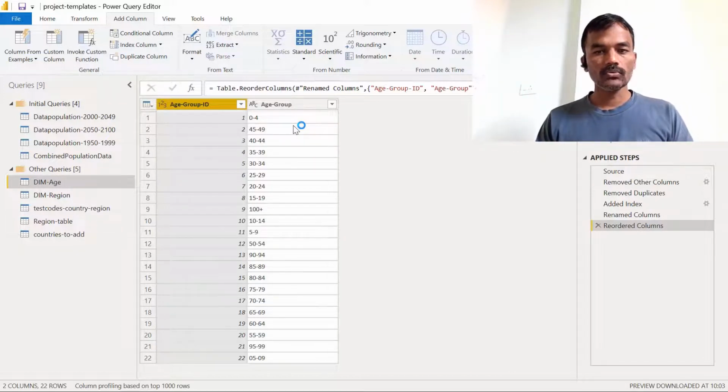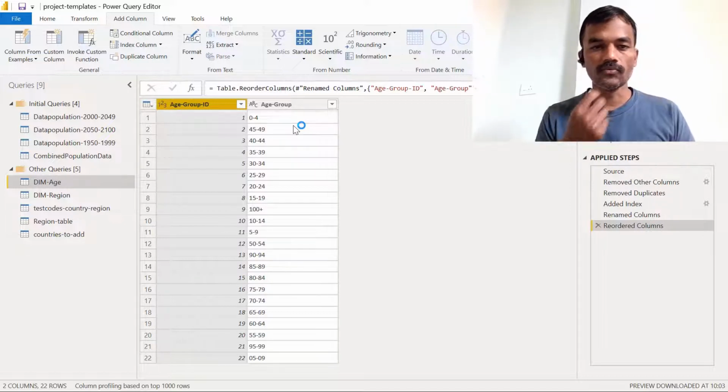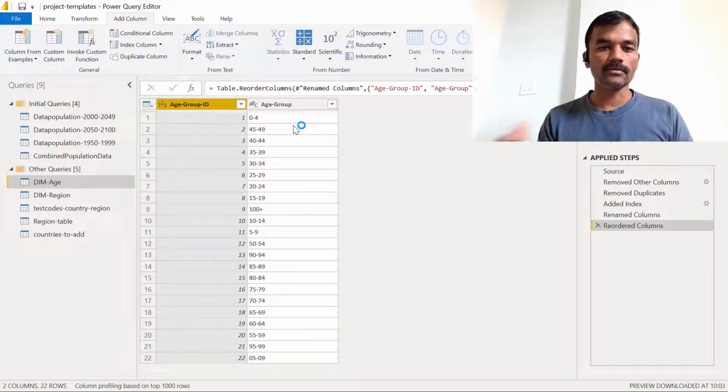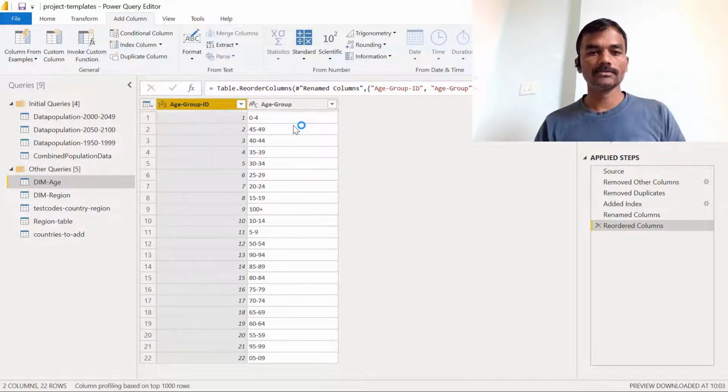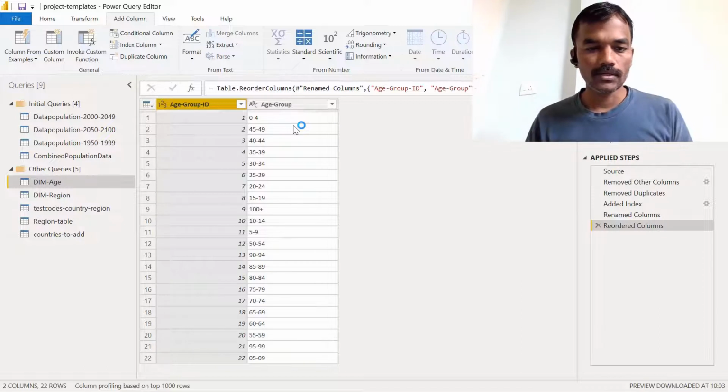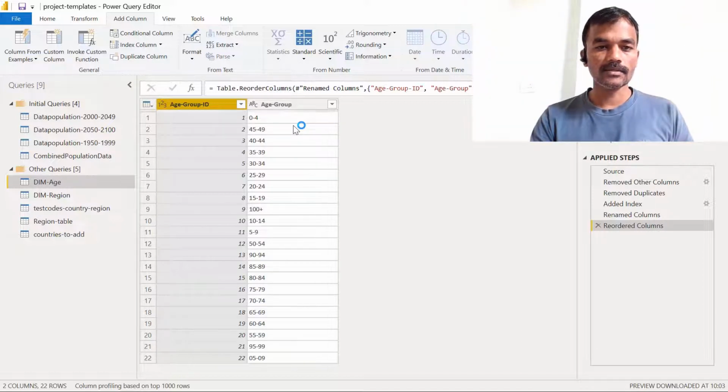Now we want to do some categorization of this age group. For 0 to 4, we can say baby. For 4 to 14, we can say child, and from 14 to 24, let's say teenage. We need to add an additional column for this age group categorization, using this age range.